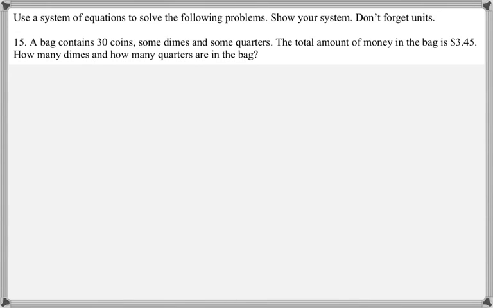Problem 15 says a bag contains 30 coins, some dimes and some quarters. The total amount of money in the bag is $3.45. How many dimes and how many quarters are in the bag? So normally with word problems, the last sentence tells us what they're looking for and what we need to define